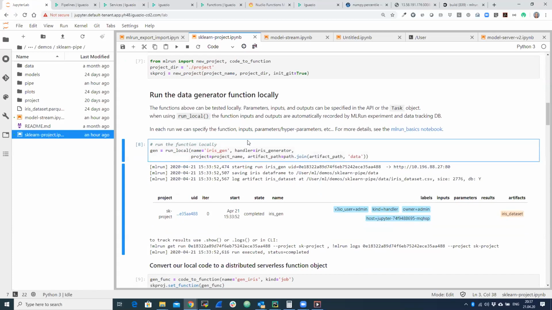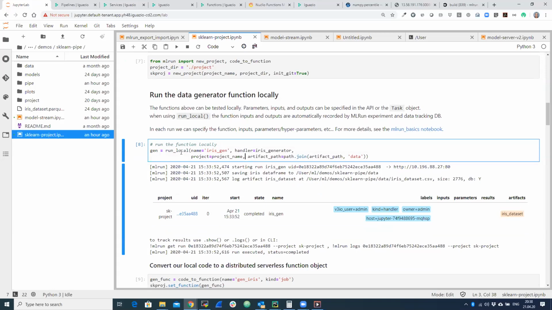And then I create a project. The next thing I'm doing, I'm running my function. One inherent thing about the functions, because the functions are very well defined and they're a sort of sandbox, is that they automatically record all the inputs and outputs. So everyone is working very hard on experiment tracking. With this technology, experiment tracking is built in already. Data lineage, experiment tracking is built in without doing any extra work.